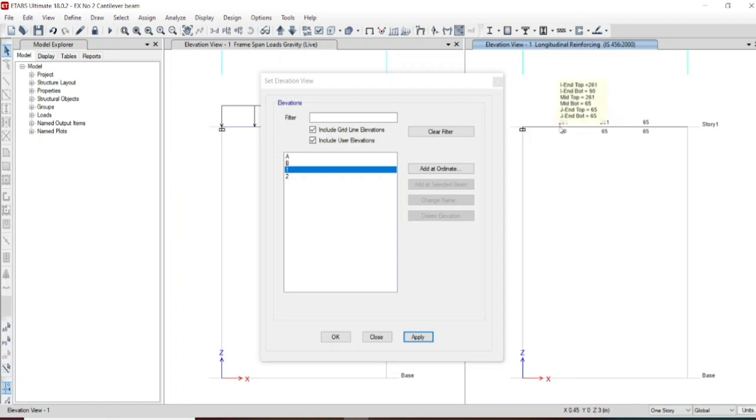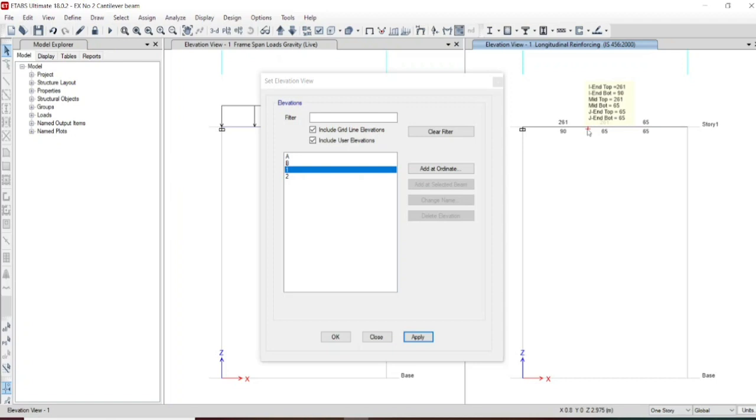So the beam generally requires tension reinforcement, and the top reinforcement is higher than the lower reinforcement. And at the end you can see 65 mm square of reinforcement is enough, and at bottom you need a maximum reinforcement of 90 mm square, and at top you need a maximum reinforcement of 261 mm square. So for that, let us detail this structure.